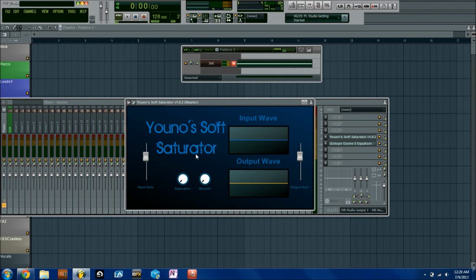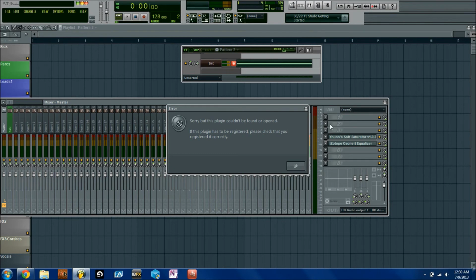There's one particular piece of engineering that sets this plugin apart from, I would say, most distortion plugins or saturator plugins. Most distortion or saturation plugins only have one knob for the added harmonics, and that's because if you actually add harmonics to a signal and then try to add more harmonics afterwards, so say you have one saturator adding harmonics, and then right after it you add another saturator, what will